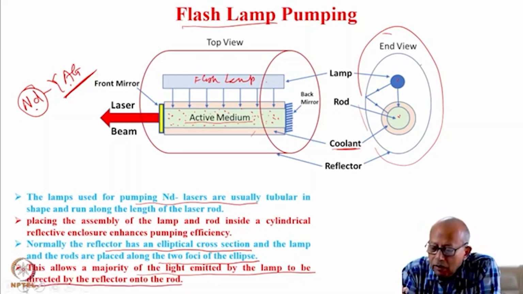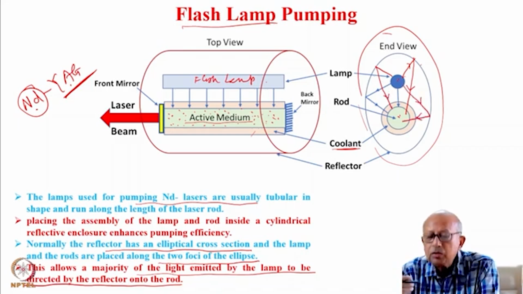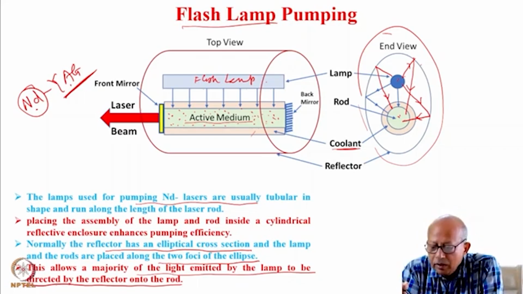You see, the light which travels in this direction, because these two are the two foci of this ellipse, will be directed onto the rod. The light emitted in any other direction will also be directed towards the rod, so this will increase the efficacy of pumping. The majority of the escaping light can be redirected onto the